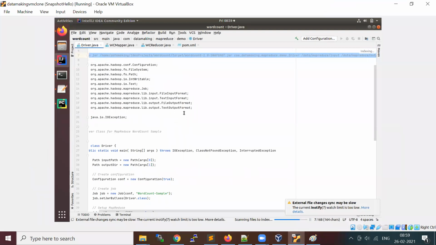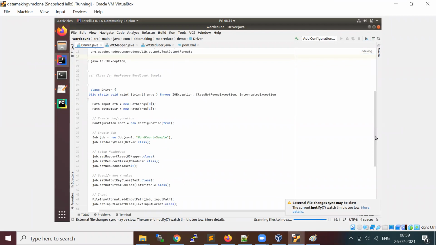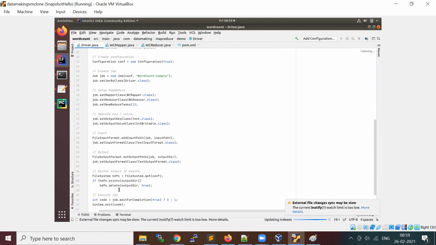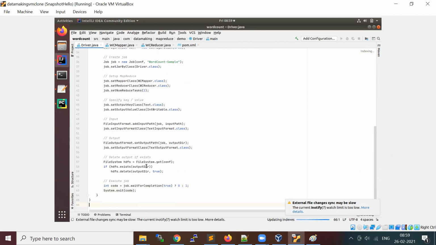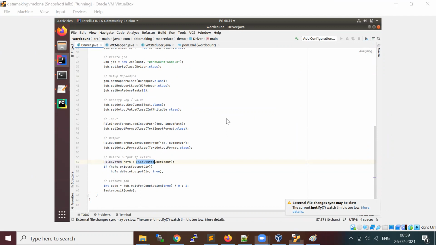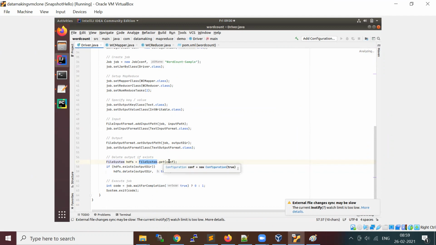For Java programmers, it is easy. You need to create a file system object. There is a FileSystem class, and you create an object of it by passing the configuration. What you need to provide is the name node URI, and the URL will be like this.